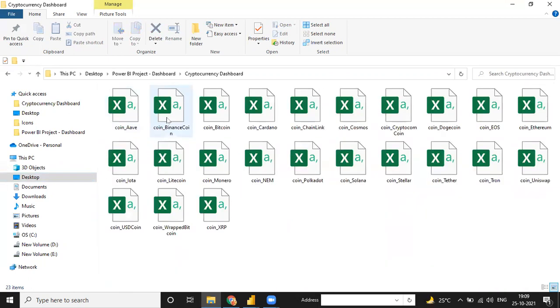See, this is my currency-wise data, like Coin, Aave, Binance, Bitcoin, Cardano, Chainlink. So this is every currency wise, and for one currency we have one data file. I'm just opening two currencies. First, I click on this to open.